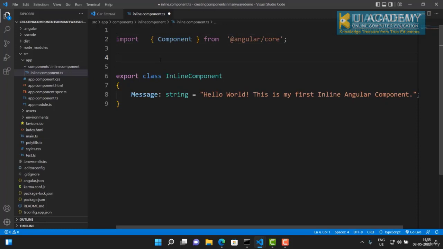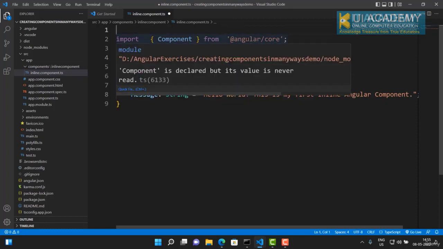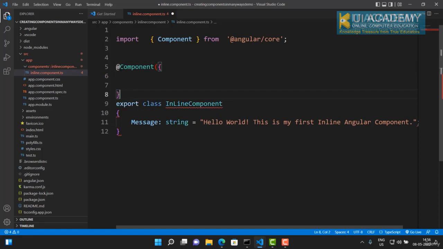So first of all, I'm going to import my component interface from the @angular/core module. This is an inbuilt module in your Angular library, and from there you're importing the component interface. Now whatever class you have created for your Angular component must be identified with a special decorator, call it @Component. So just above my class name, I'm going to say @Component,